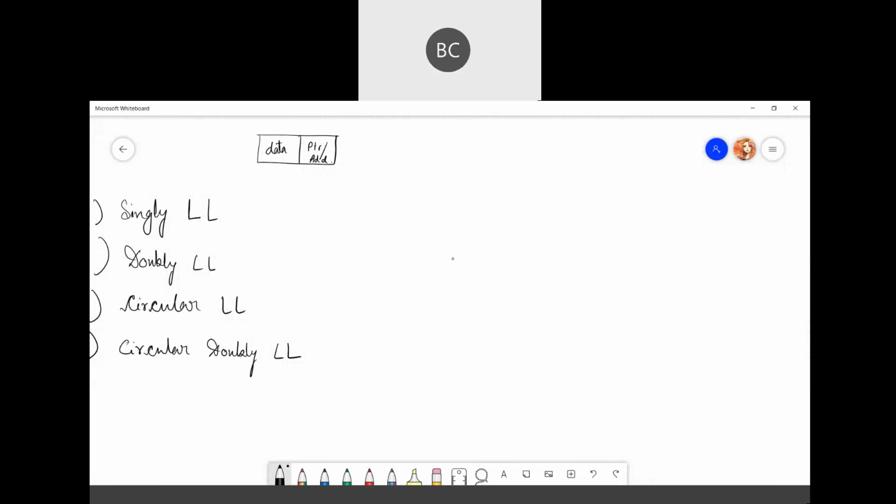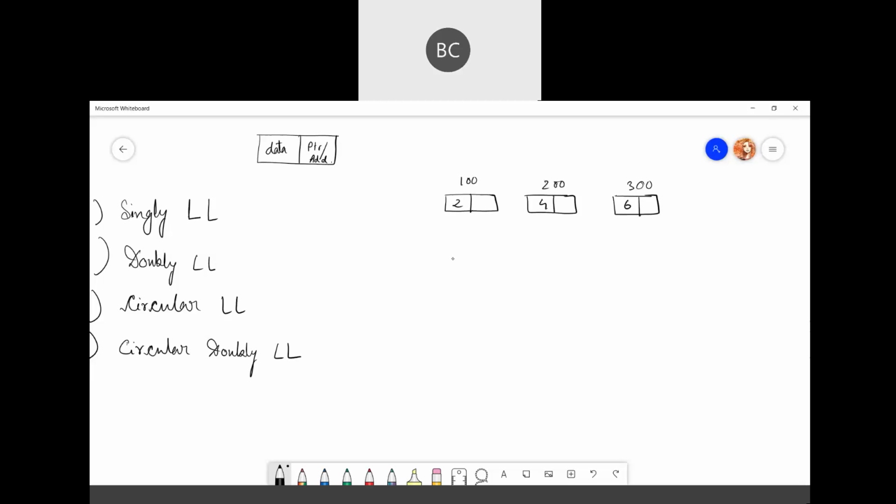Singly linked list is nothing but your normal linked list. Okay, it will consist of data and a pointer to the next node. Say 100, 200 and 300. If you want to store data, maybe 2, 4, 6. So what it does?